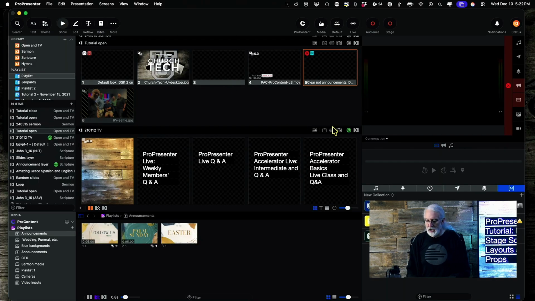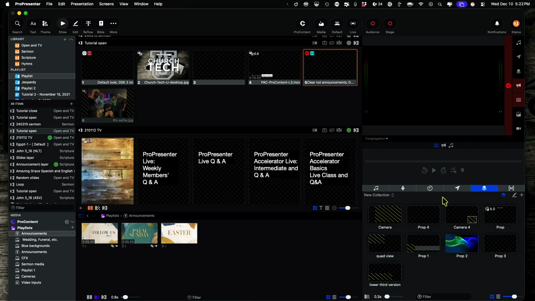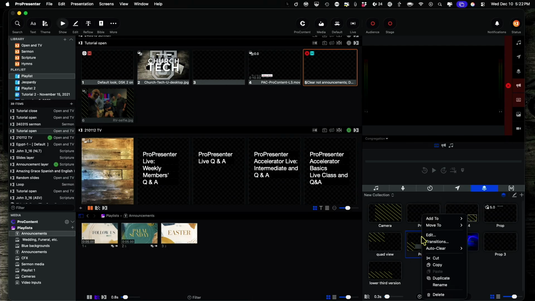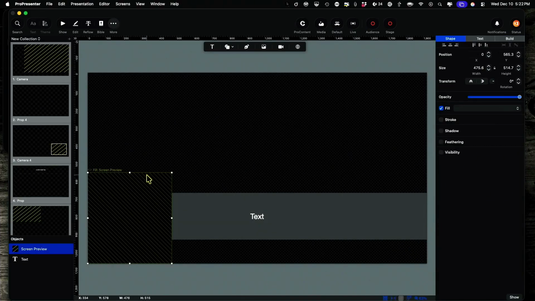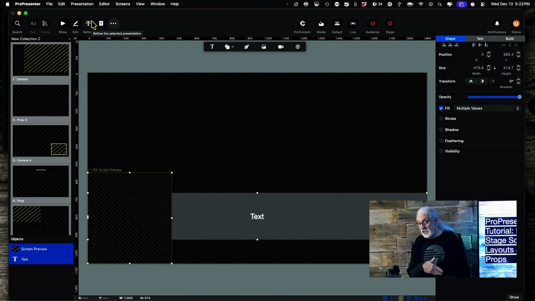But what about props? Well, if we click on the props here, and I hide myself real quick, let's say it's this prop 1 that I want to do. Well, I can right click and edit that prop and just do the exact same thing. Click on any one of the items, select all, Command A on a Mac, Control A on Windows, and Command C on a Mac or Control C on Windows. And then I can, again, do that into a theme, or I can also do it into a